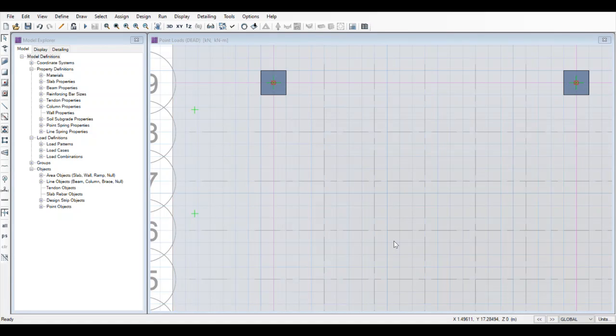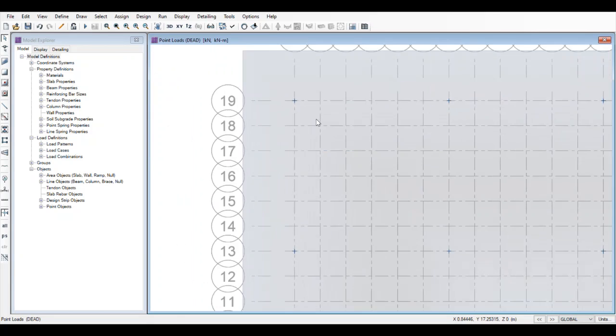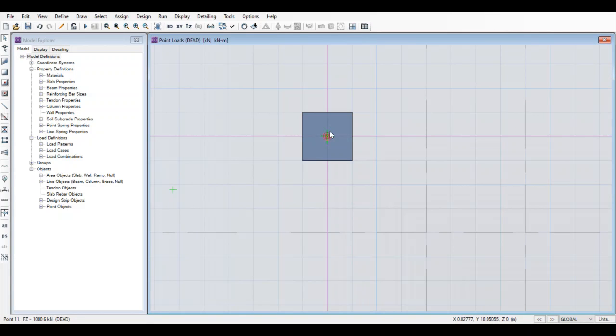For confirmation that you have entered the right loads, you can go to the column area, right click upon it, and in design you can see if the rebar material is HYSD 500, and in loads you can see what all loads have been applied to the column.